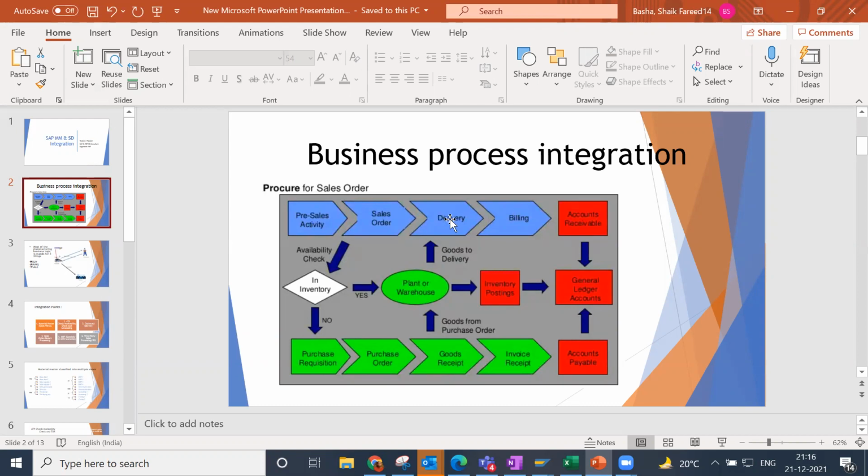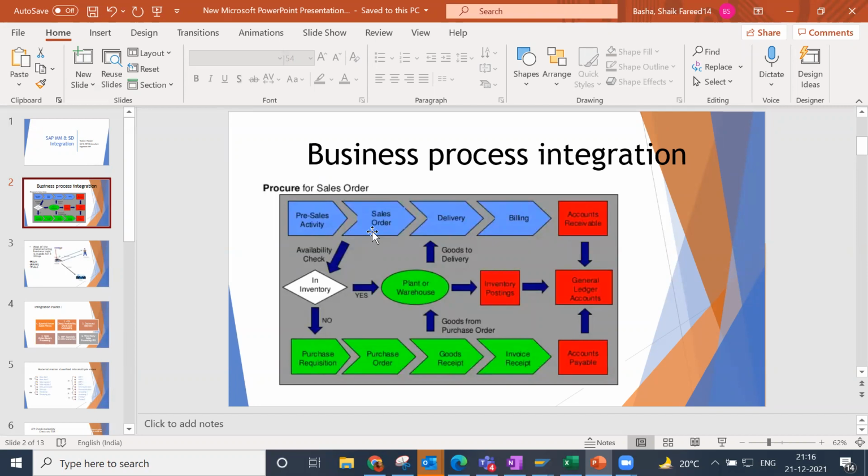As far as SD is concerned, this is called pre-sales activity. That means before creating the sales order, the system checks the stock availability. Here, the pre-sales activity is linked to the inventory. Whenever the word inventory comes, it directly comes to the MM module.